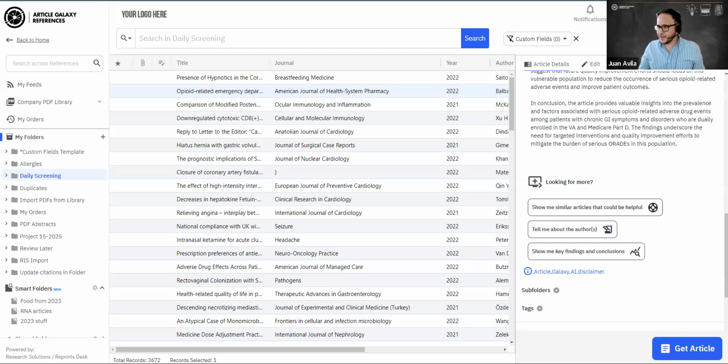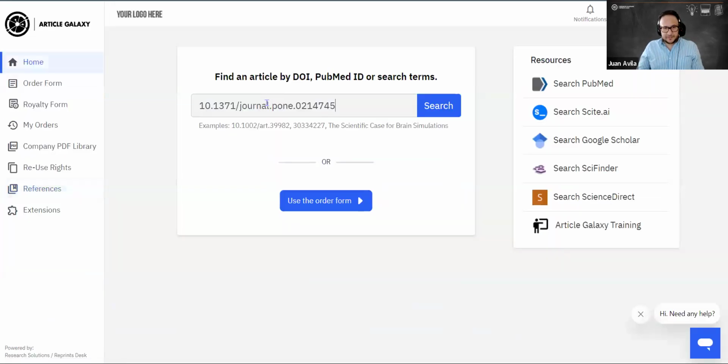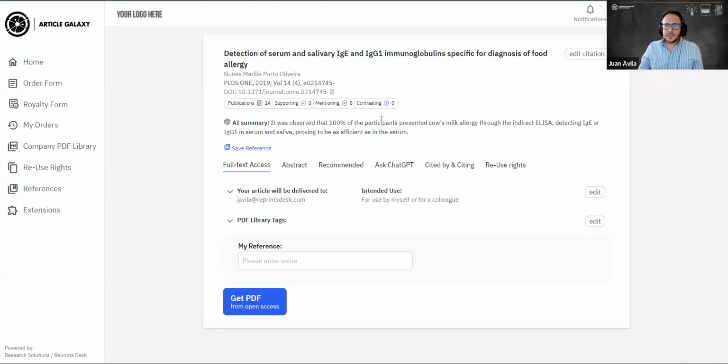I probably forgot to mention it earlier, but I know it's part of our agenda. So I'm going to go back to Article Galaxy and search for this DOI. As you can see, it's showing me